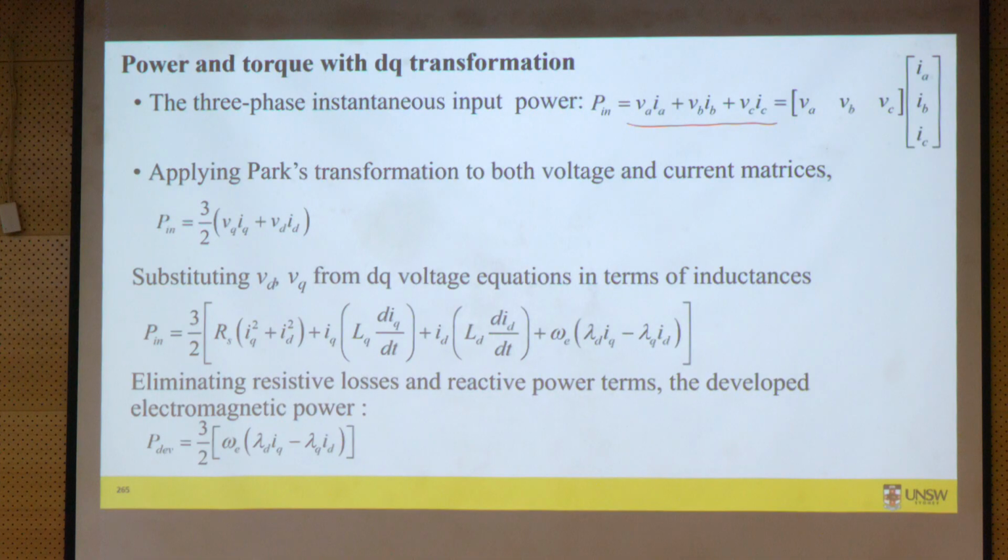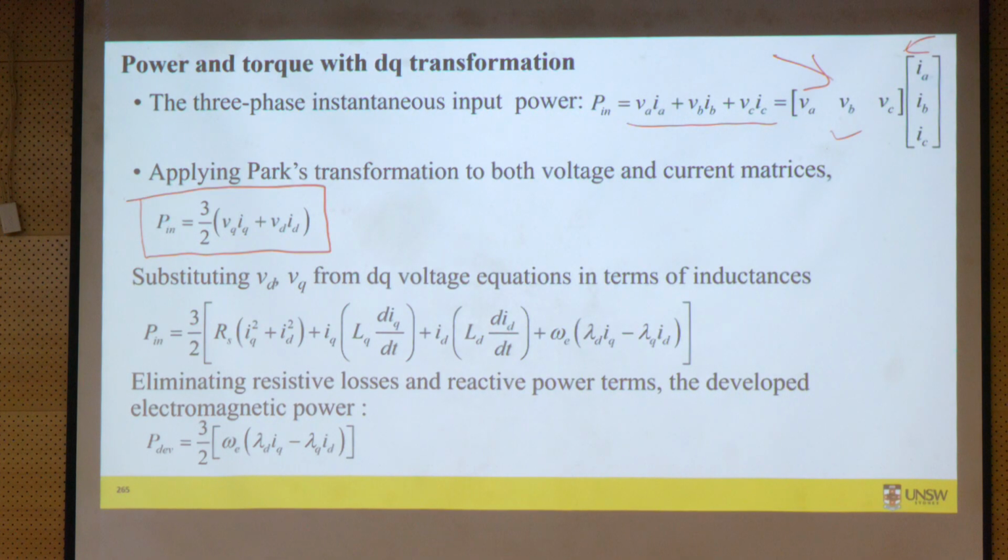VAIA plus VBIB plus VCIC. So this power equation we can also write in a matrix form. And then if we apply transformation to the voltage as well as to the current, dq transformation, synchronous reference frame,